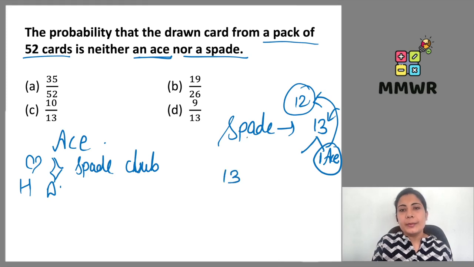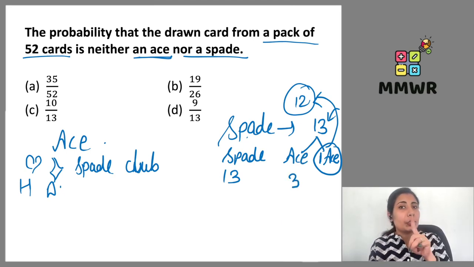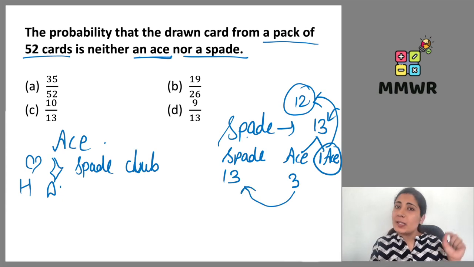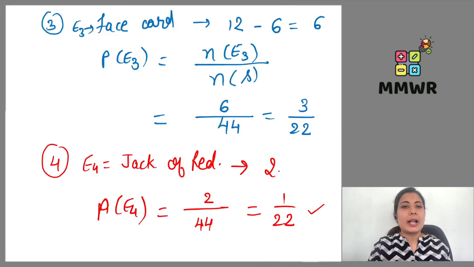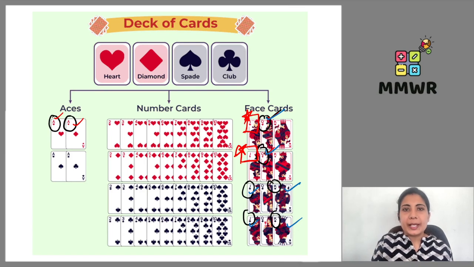सो 13 स्पेड एंड एस, हाउ मेनी आर देयर, 3 एस आर देयर. Why 3 ace? क्योंकि 1 ace तो already it has been counted in that 13 spade, right? If I'll show you the previous chart, look how many spade cards are there. ये वाले spade card कितने हमारे पास में, 1 2 3 4 5 6 7 8 9 10 11 12, and here also we have one more card with us, right? So total